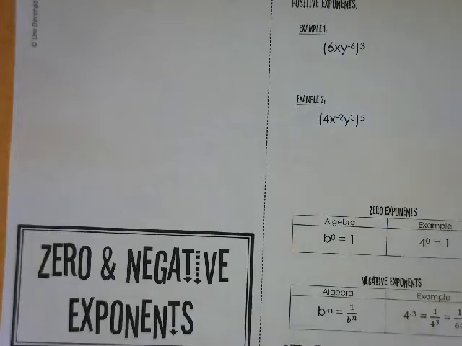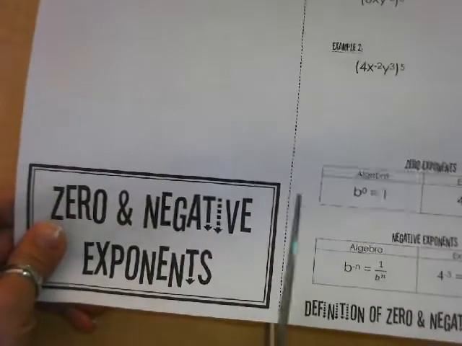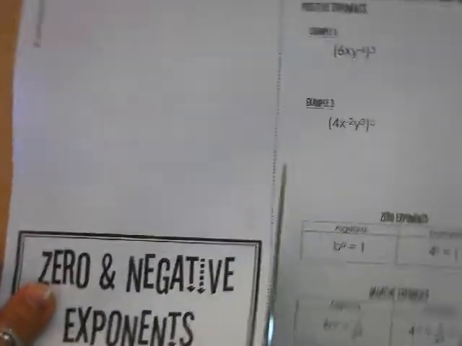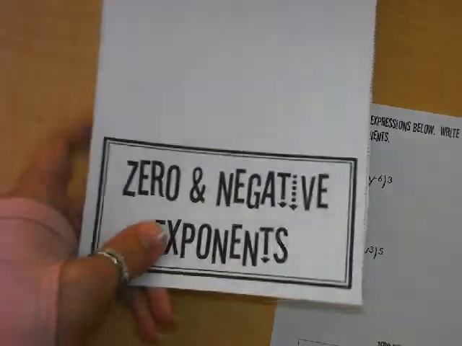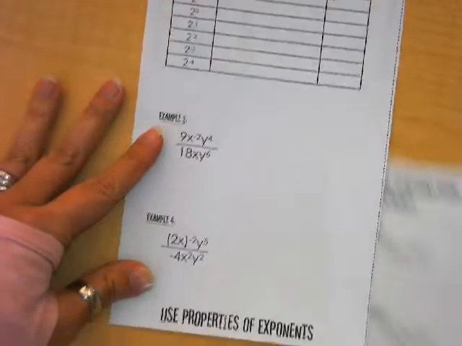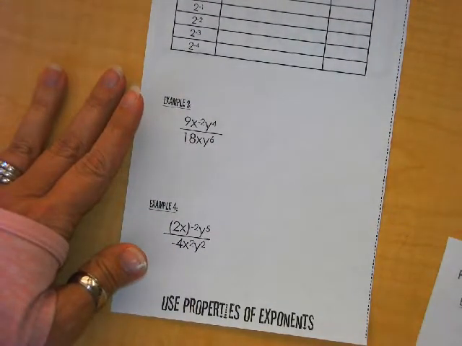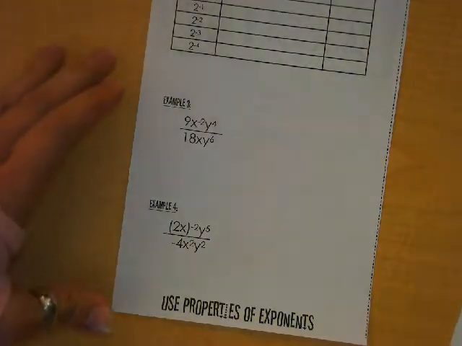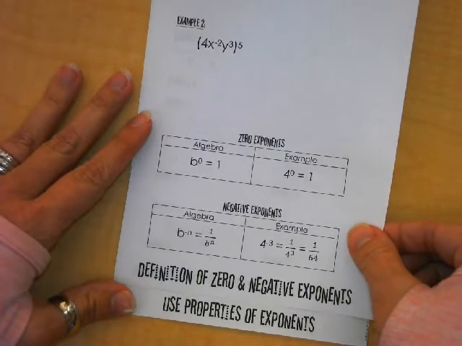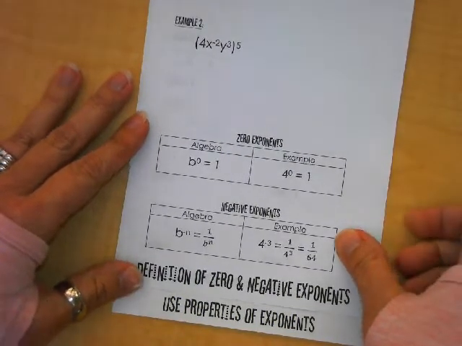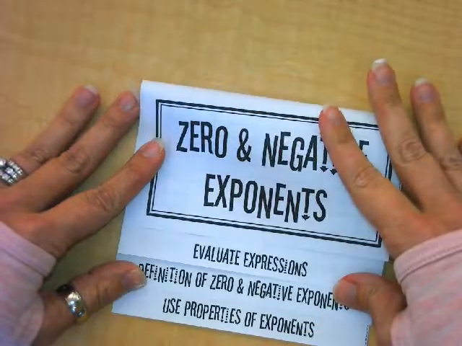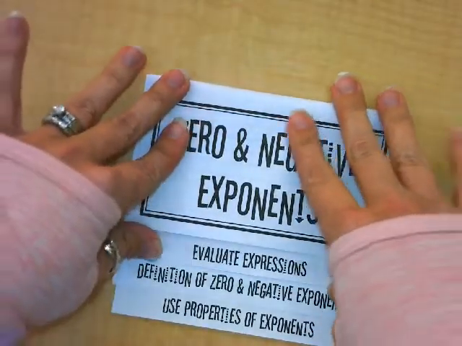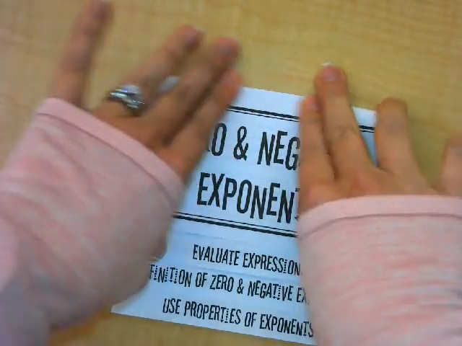Part of our exponents unit is on negative and zero exponents. So in order to do this fully, we're going to cut on the dotted line. Okay, we can see our table. We're going to take our other one. So we have use properties of exponents. We have definition of zero and negative. We're going to fold this down so it says evaluate expressions, and we will staple it